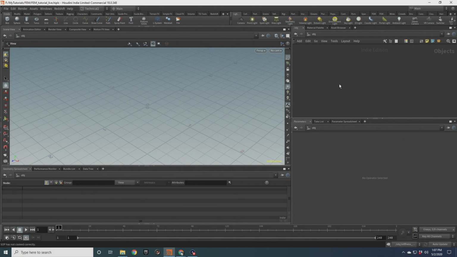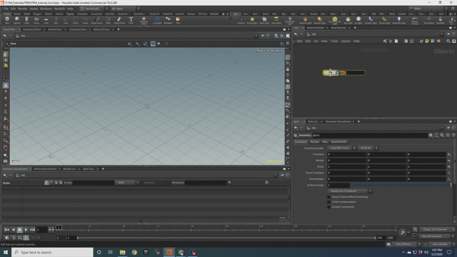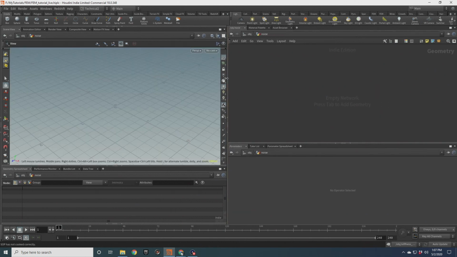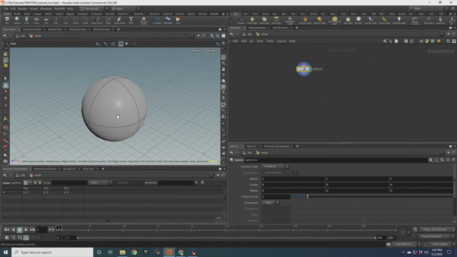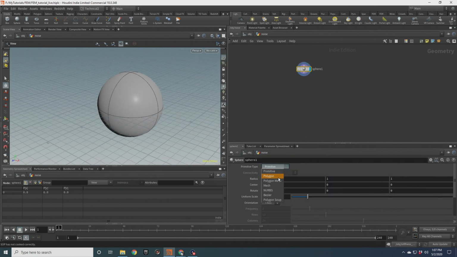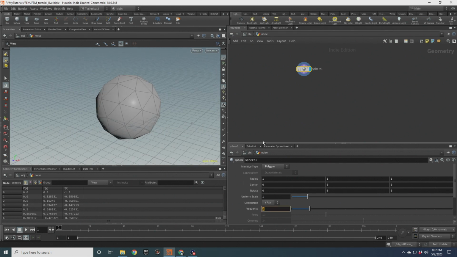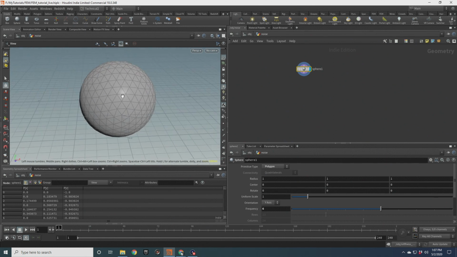Okay, so let's get started with our first setup. I'm just going to drop down a geometry node here, and I'll call this one noise, because we're basically going to be doing all of our dynamics using noise. So I'm going to jump in here, and the first thing we want is a little bit of geometry to play with. We're going to do something real basic, so let's just put a sphere in here, and we're going to want this to be polygons. And I'm going to bump up this resolution a bit to something like this, and that'll be a pretty good